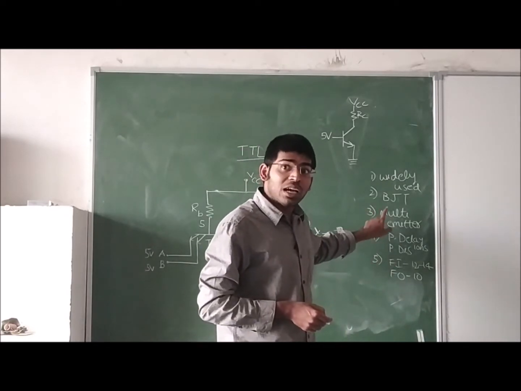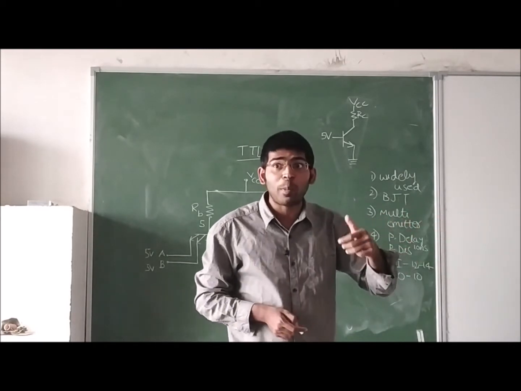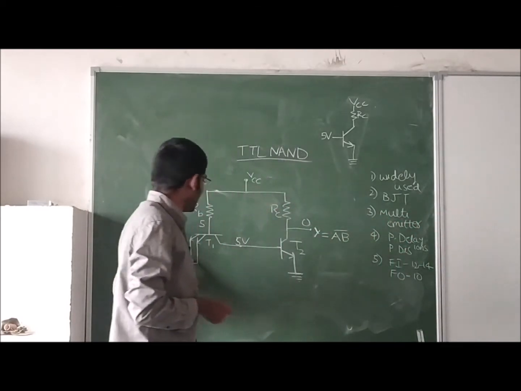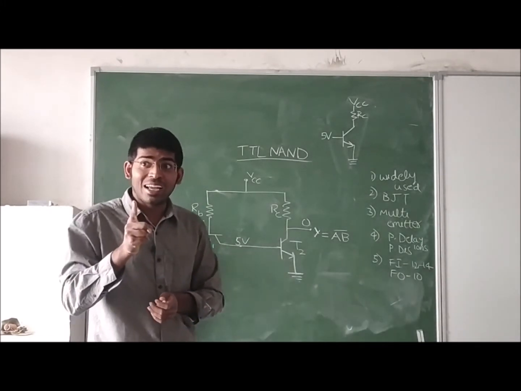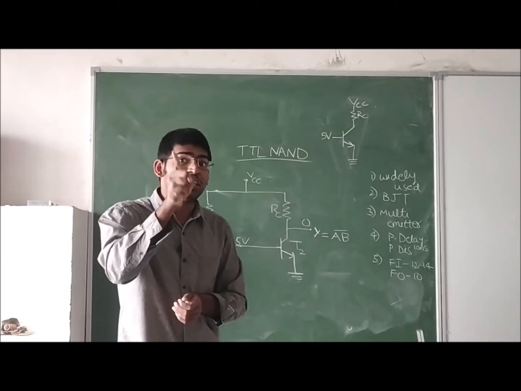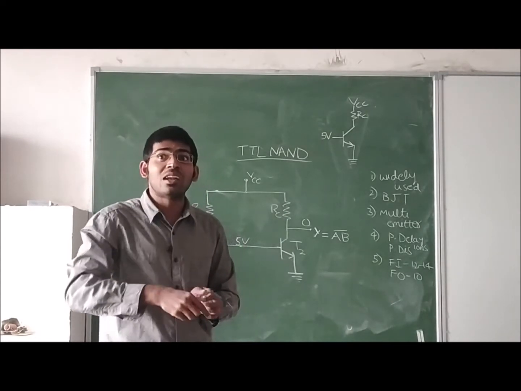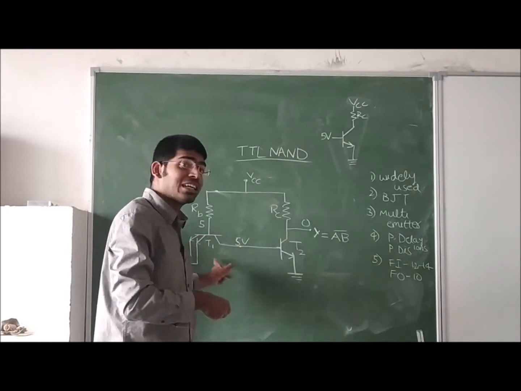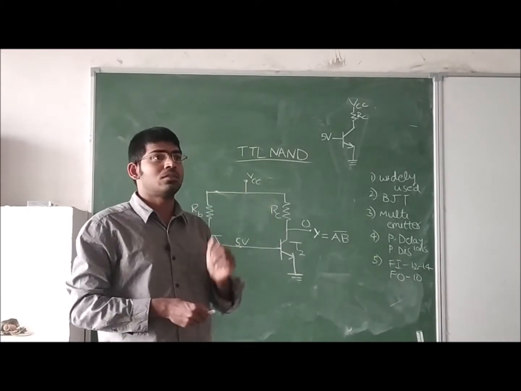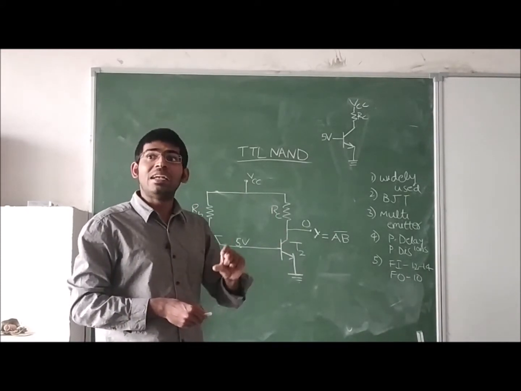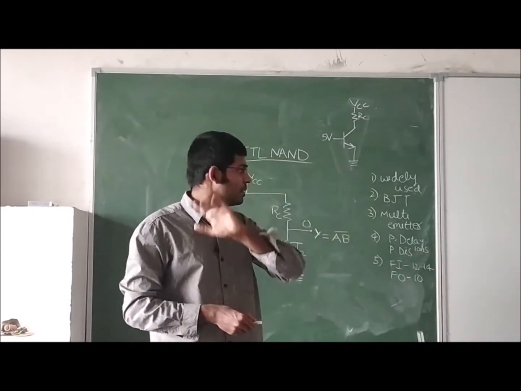And the speciality is that sometimes in this TTL technology, the transistors may use multi-emitters. Until now you have had a transistor with one emitter, one base and one collector. But here we are introducing a technology in which a transistor can have more than one emitter. So multi-emitter technology can be implemented in the TTL.